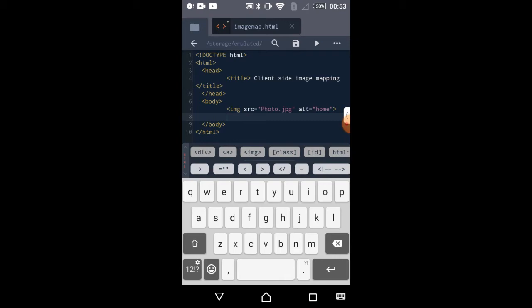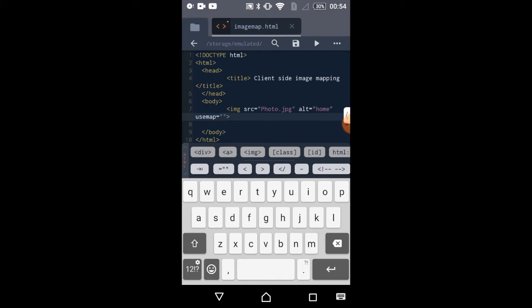One more thing which is left in this opening tag: if you are only inserting an image, this much is enough to insert an image. But in this practical, we have to use this image as a client-side image mapping. So for that, in the opening image tag, we have to write one more attribute, that is usemap is equals to double inverted comma.